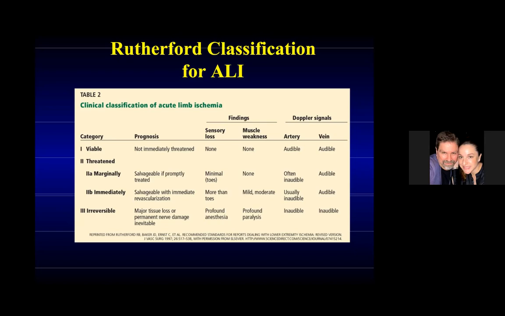Nothing. Probably nothing, but if you do get that to reperfuse some, you're going to get an influx of a mineral that can be lethal. And also you're going to have an influx of the breakdown of muscle into the bloodstream that could kill your kidneys. So what happens if you're revascularizing a limb, even a class 2B,